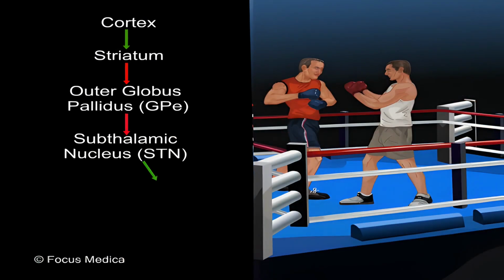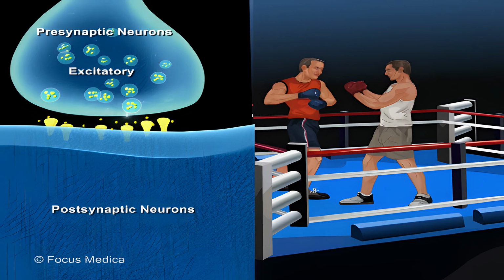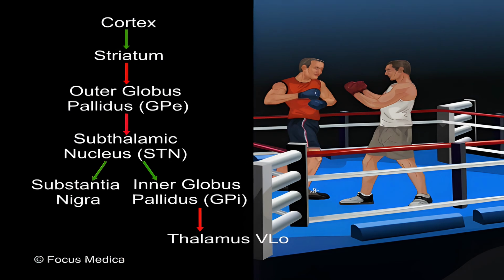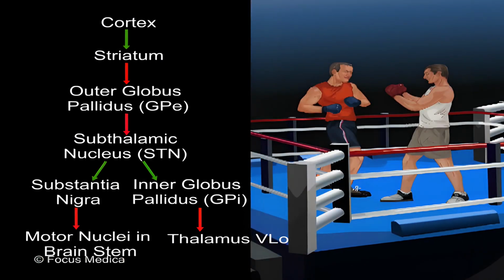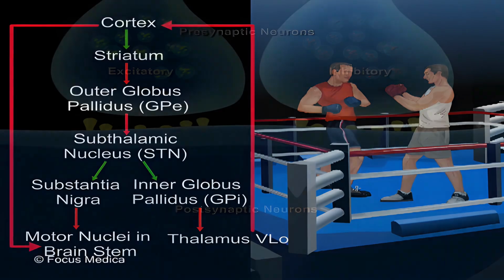This happens when the inhibition is lifted and the STN excites the inhibitory GPI that brings the motor thalamus to its original state. The STN also excites the substantia nigra, which too inhibits the motor thalamus. These actions of STN in influencing both substantia nigra and the GPI serve to halt the movement.